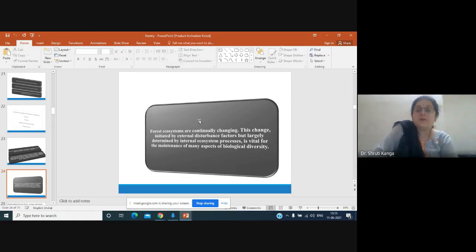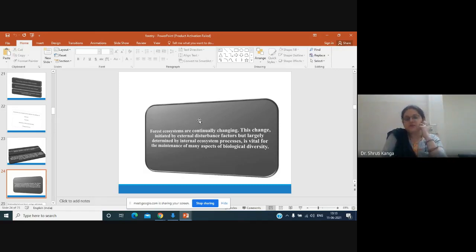These changes may be initiated due to some disturbances in these forest ecosystems, but largely these changes are determined by the internal processes in the forest ecosystem. So it is very important for the maintenance of any aspects of